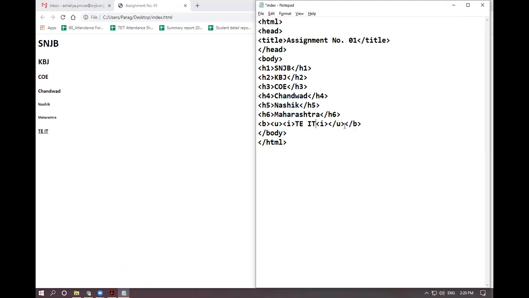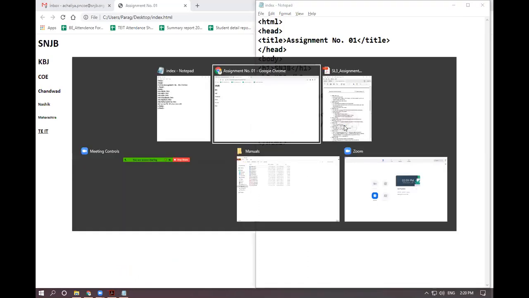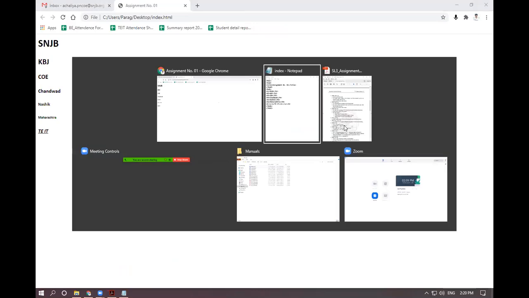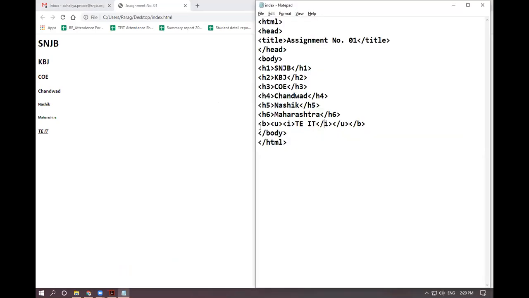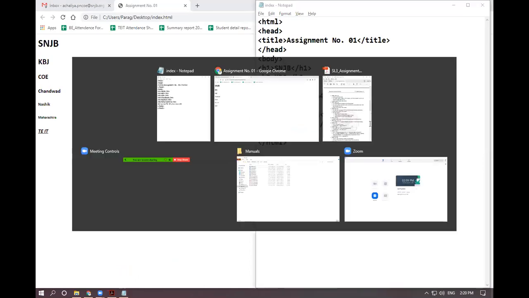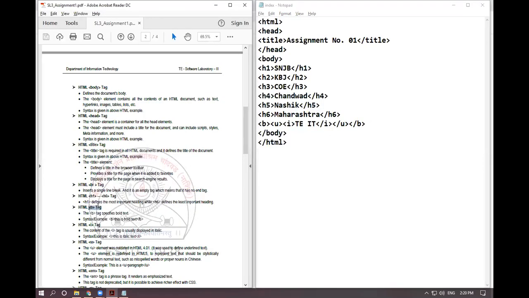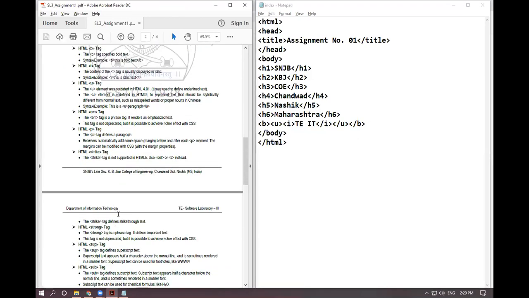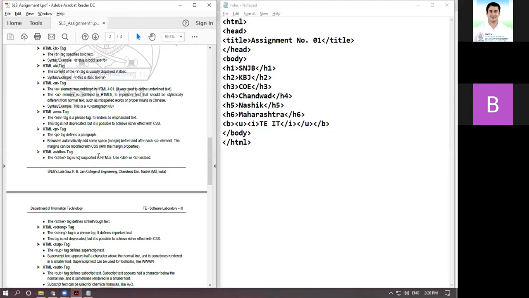I is used for italic purposes. You can see TEIT is now bold, italic, and underline. This is because of your B, U, and I tags. Bold is done, italic is done, underline is done. After that, now we will see the strike tag.